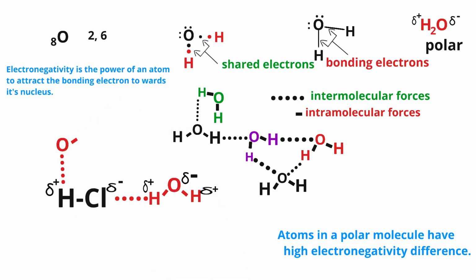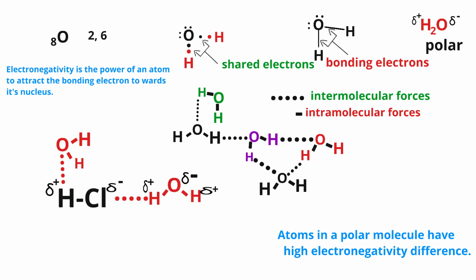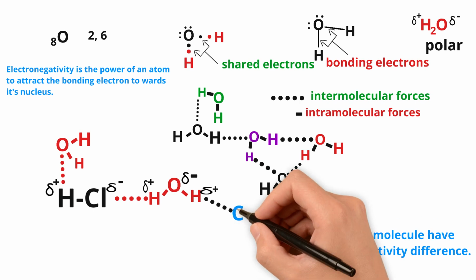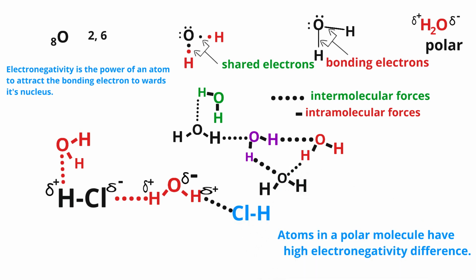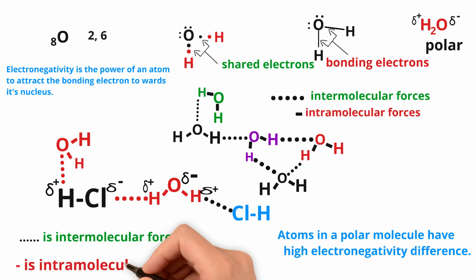Again, hydrogen of HCl is bonded with oxygen of water by intermolecular force. And now, again, hydrogen of water is attracted by chlorine of HCl by intermolecular force. So, as I told you, the broken line stands for intermolecular force, and this